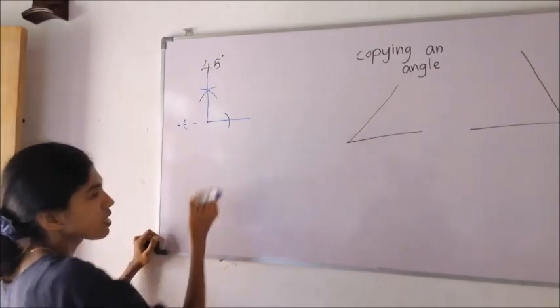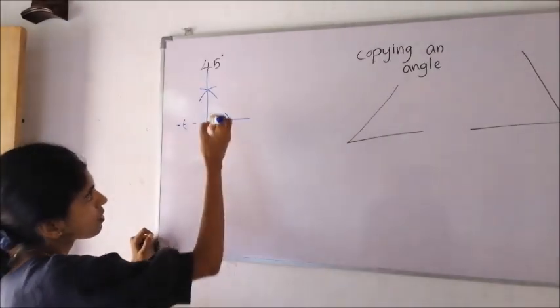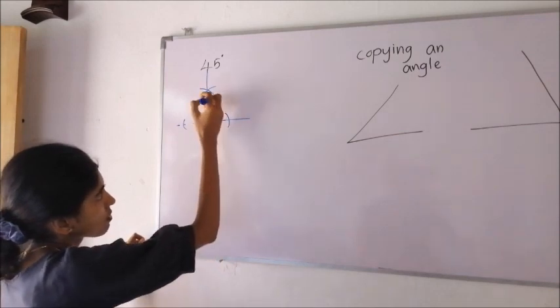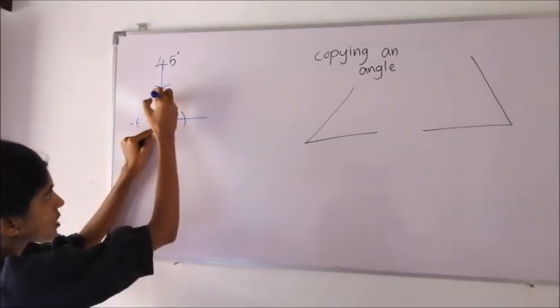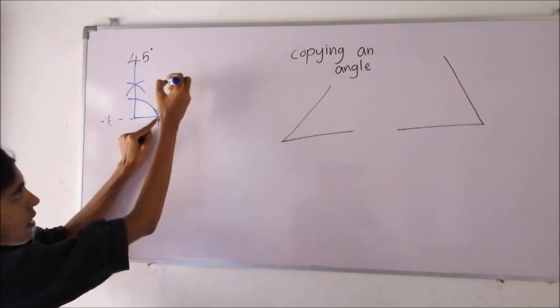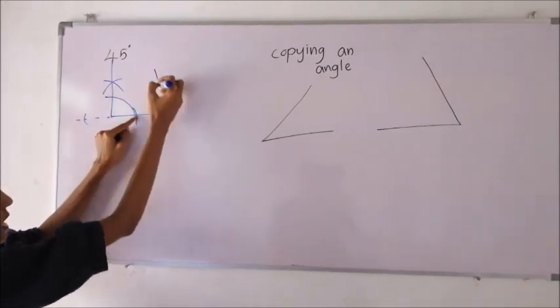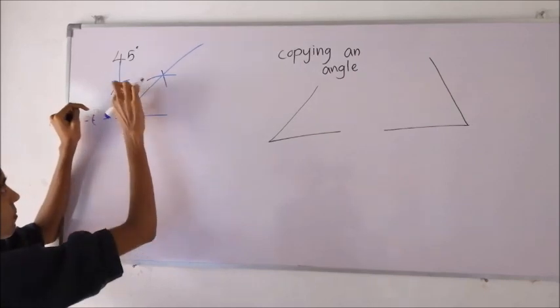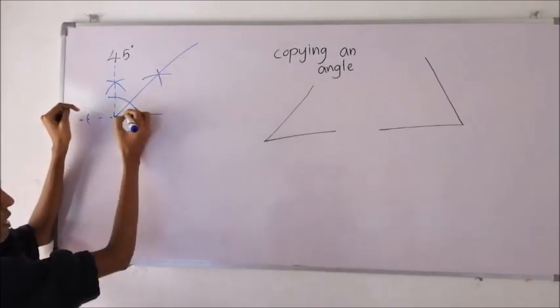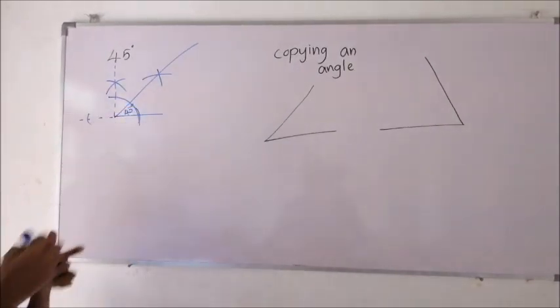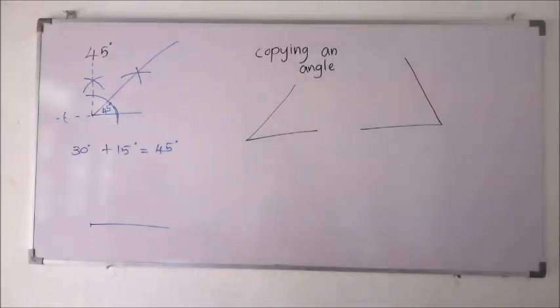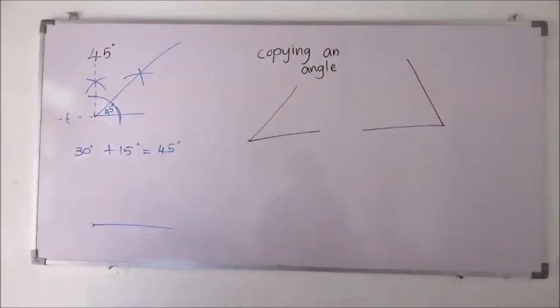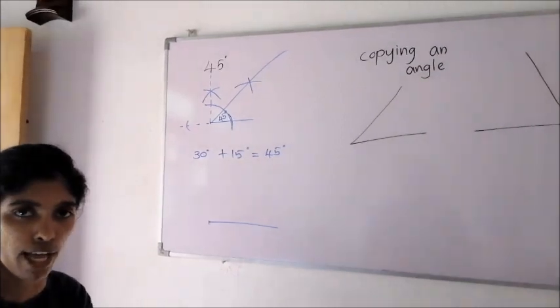This is how we construct 90 degrees. Now, construct another arc by keeping the middle point here. Draw another arc. Then from the starting point and ending point, you can draw another two arcs, and by joining that, we get 45 degrees. Okay? And children, this is another method of constructing a 45 degree angle.